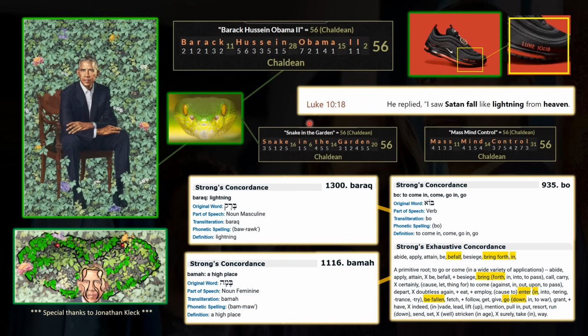And then so his name, if you don't know, has a reference to this Luke 10:18 verse in the Bible. That's a popular verse amongst the occultists and Satanists. We see an example of that on a Nike shoe. It's a Nike Satan shoe, and it was released by a hip-hop artist called Lil Nas X. And I believe that there's only 666 pairs of these. There's a drop of human blood in each one, and I believe they were sold for a sum total of $1,018 to match the Luke 10:18 here. And that's the 10:18. You can get rid of the 0, and that will be a 118, which adds